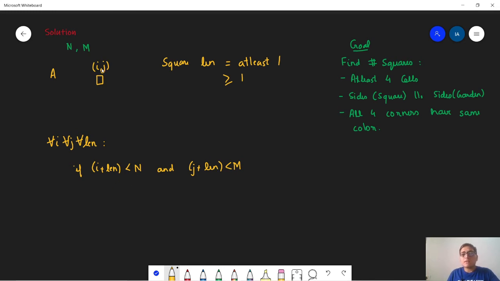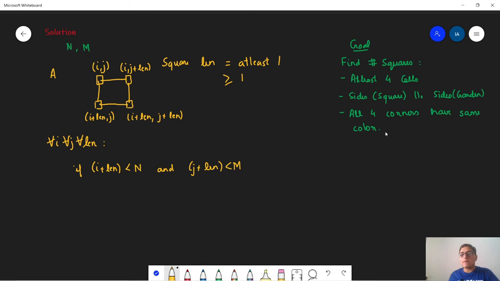So we are considering the square from i comma j to the cell i comma j plus len. Then we have the cell i plus len comma j, and the fourth cell will be i plus len comma j plus len. So all these cells represent our four corners, and then we need to satisfy the third condition